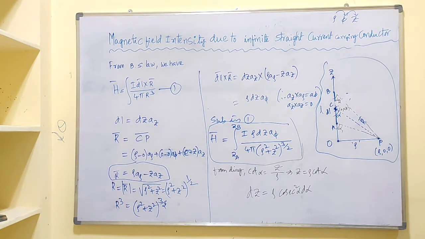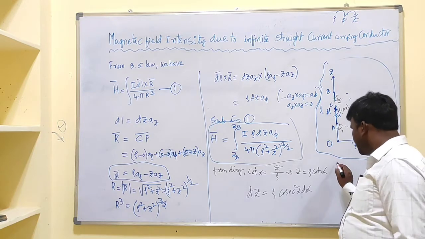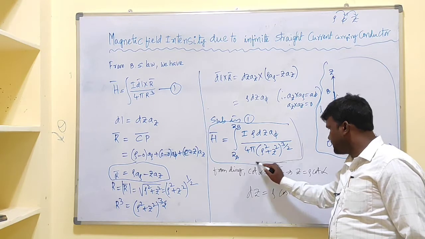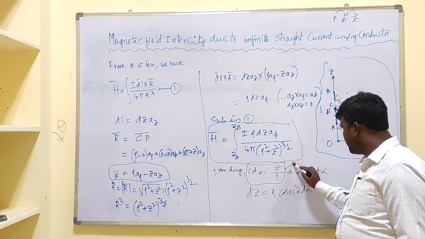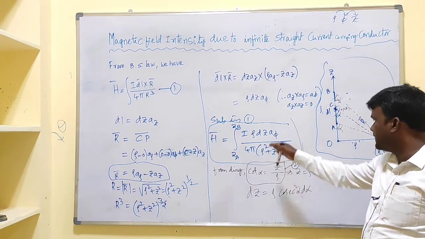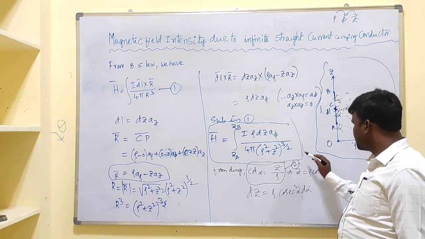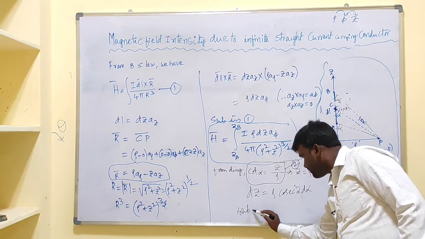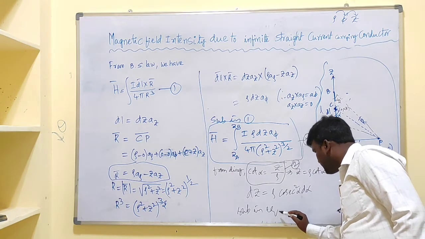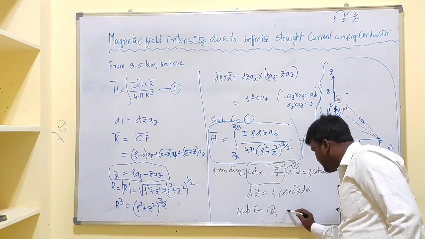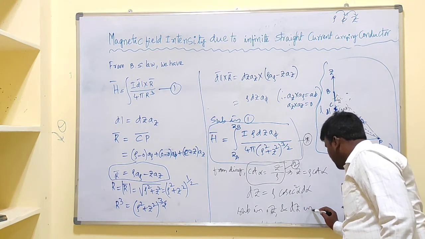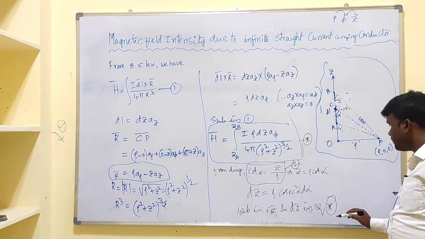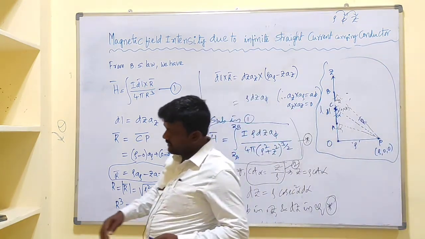Now we have the expression for z. This is cot alpha equal to z by rho. Let us take this as equation 2. Substitute z and dz in the above equation, which we take as equation star. Substituting z and dz in equation star, we will get